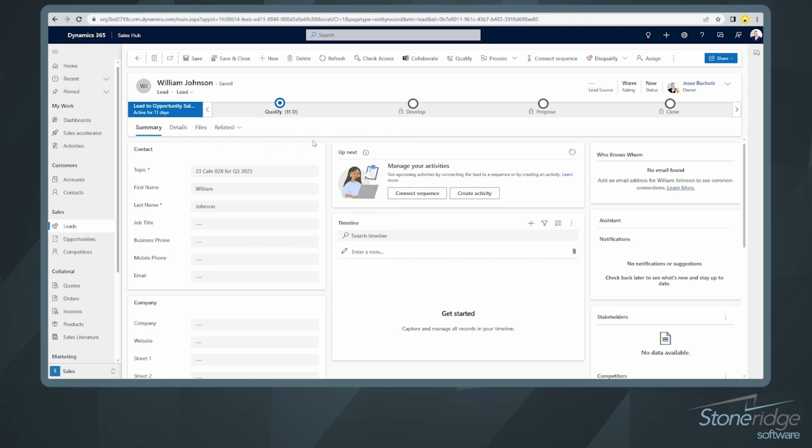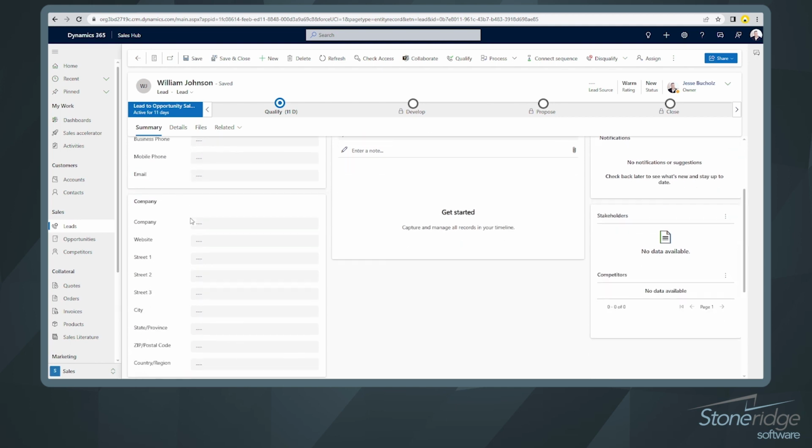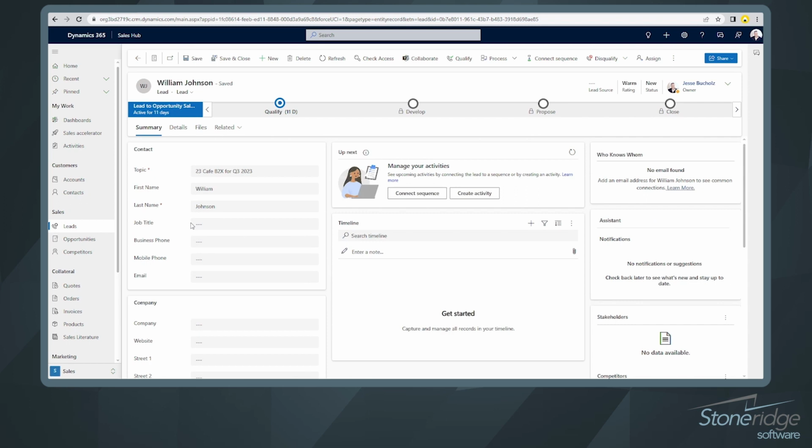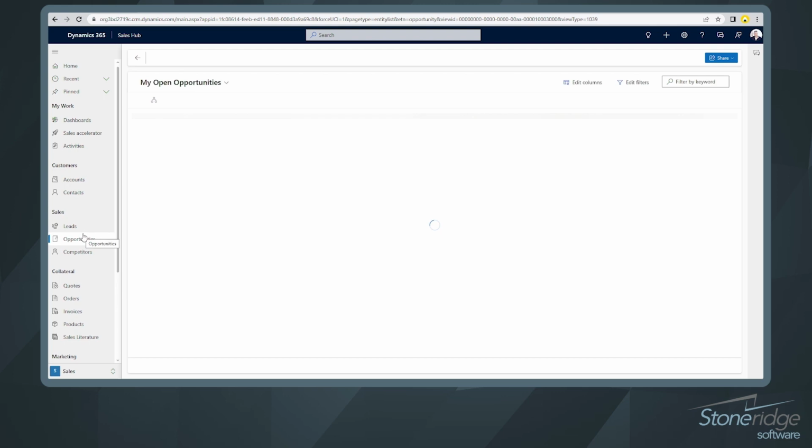And once I go through and capture all that information, I'm going to be able to move on ultimately to the next stages in my sales process. From a lead, we might capture what are they calling in for? Who are they? Just some other general contact information. Very similar to what we would capture on an account or a contact. Moving on from a lead, once we're ready to qualify and develop it, we can turn that into an